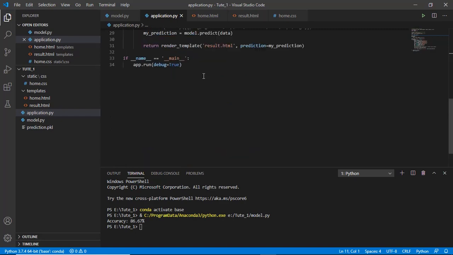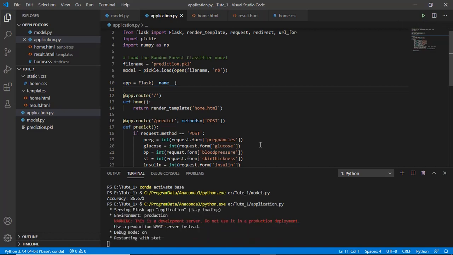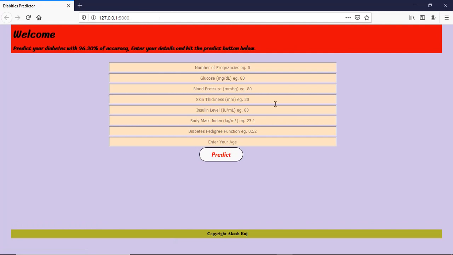Now I'm going to run this application on my local server. As you see here, this is the link, and let's see how my website looks.